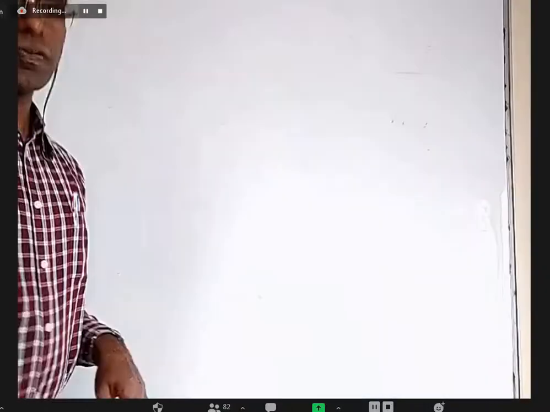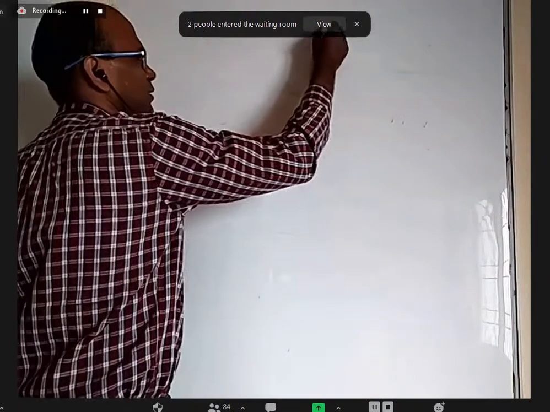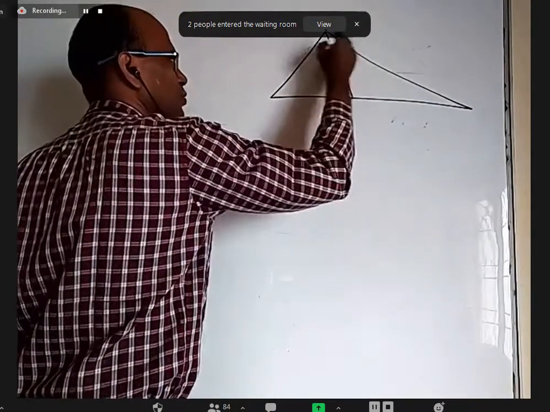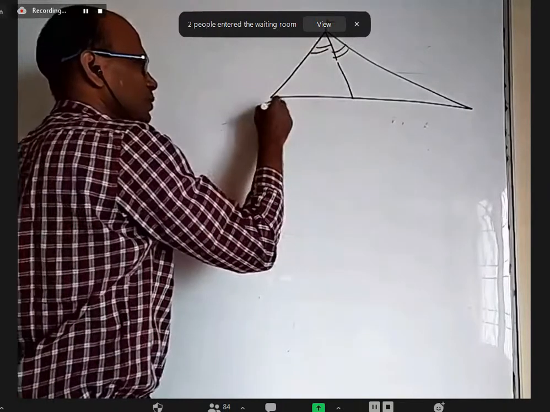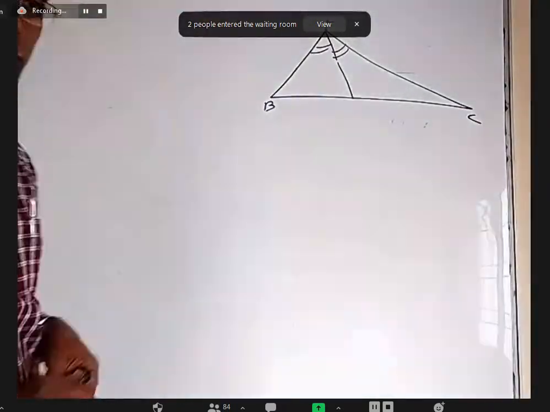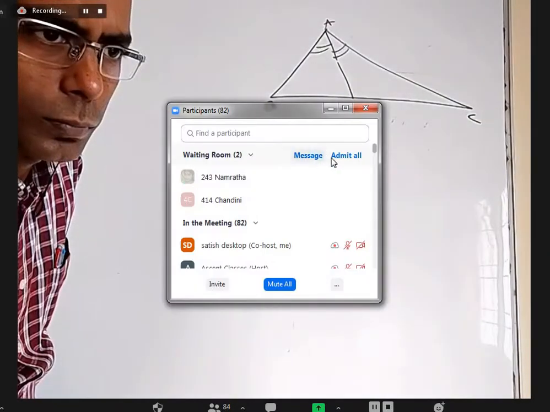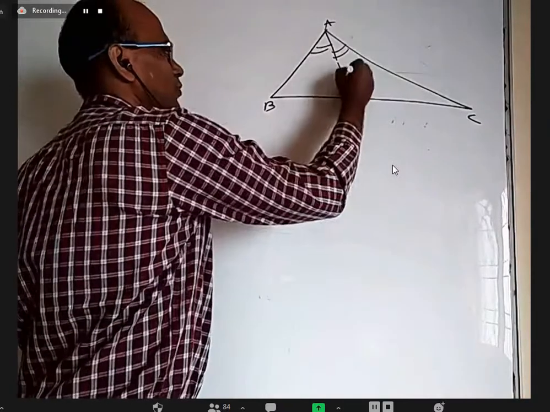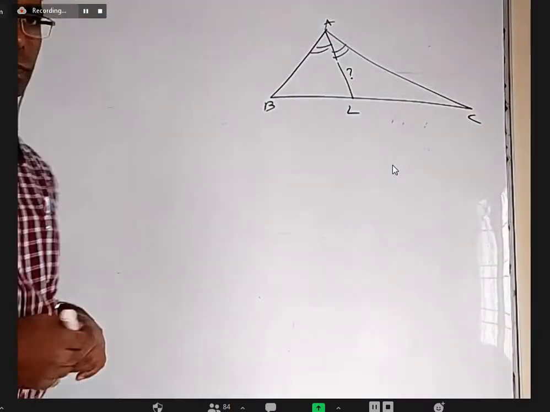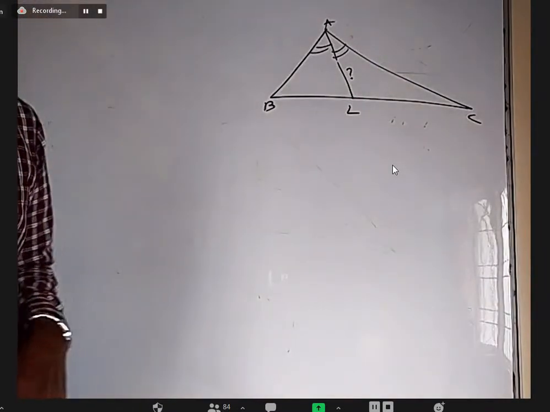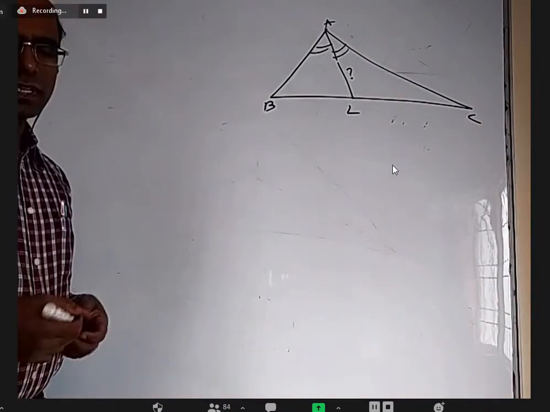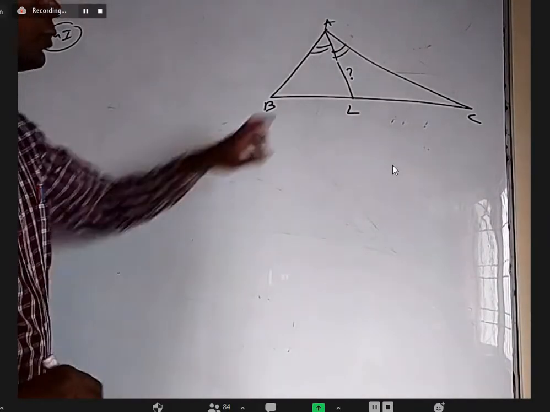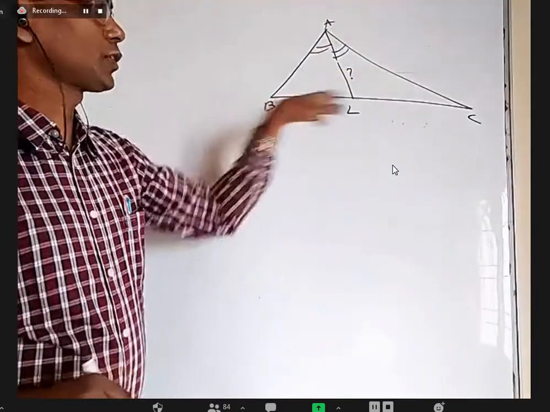Okay, we have to find the length of the angular bisector. This is the angular bisector where these two angles are equal. This is A, this is B, this is C. This is that L. We have to find AL length, the length of the angular bisector. There are different ways that can be done. Method 1, which is very easy: you take this area plus this area, equate it to the total area, and we'll get it.